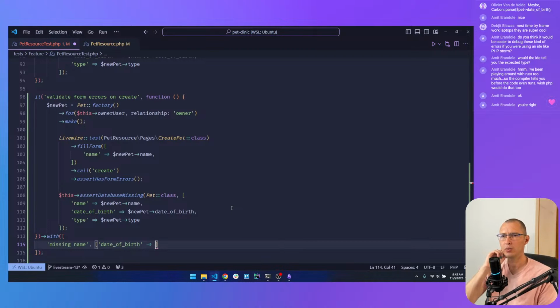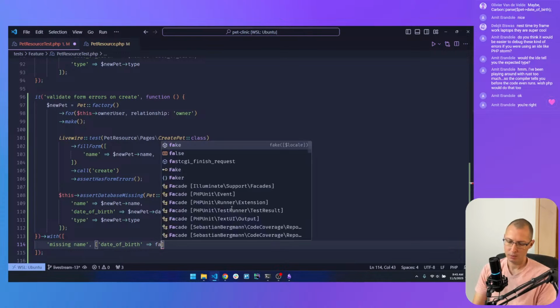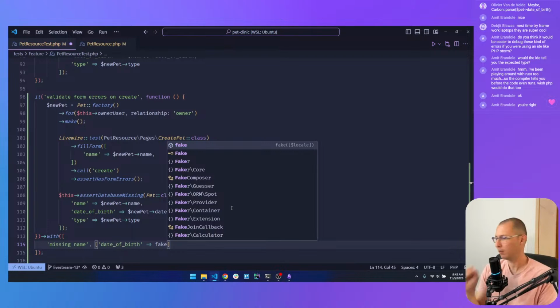Can I use the new pet here? Doubt it. Let's just use fake. No, but that's not going to work because the missing assertion is not going to be.